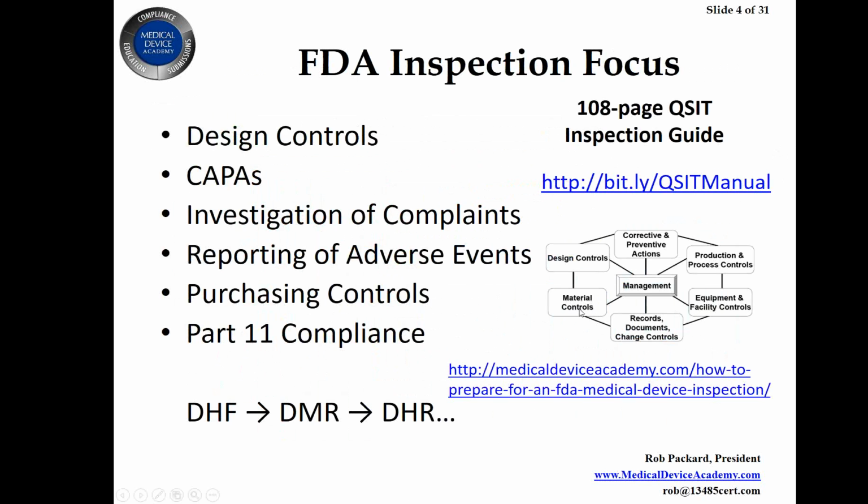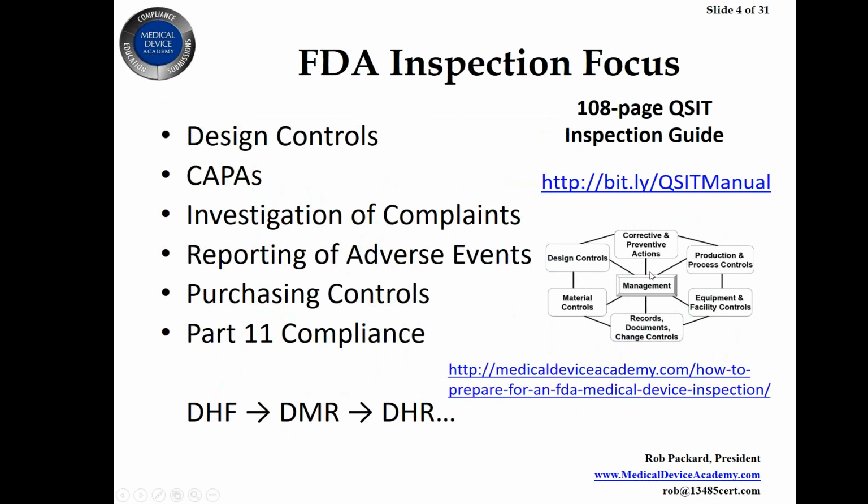Material controls falls under supplier controls. That's 820.50. Records and documents and change controls, that's going to be 820.180. In equipment facility controls, that's 820. I can't remember what the facility maintenance one is, but